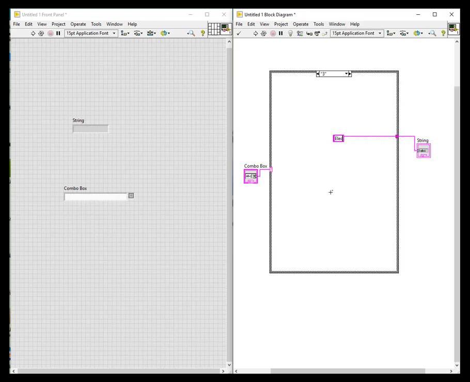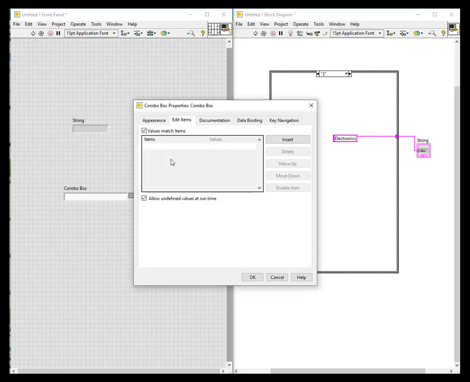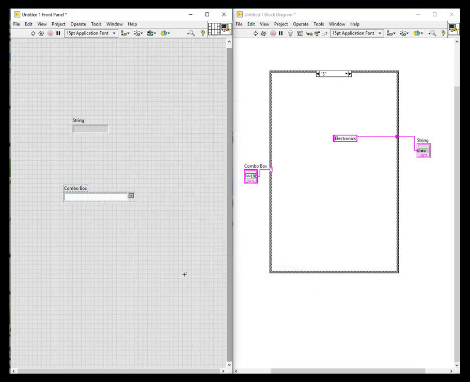two and electronics in three. And so what I do is I have to add cases here. So for that, in the combo box I need to right click on this and go for edit items, and in the edit items just click on insert, and you can add any item like whatever you have added here in the case structure. So I have added 1, I have added 2 and I have added 3. So I have 3 cases and click on OK. This will make the case structure complete.